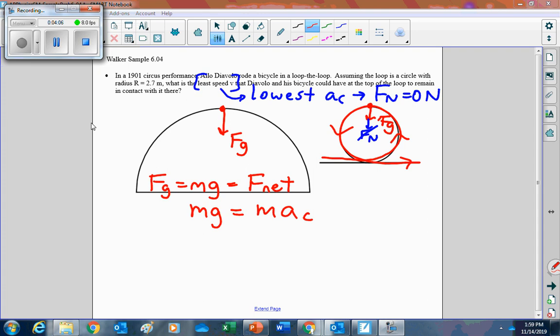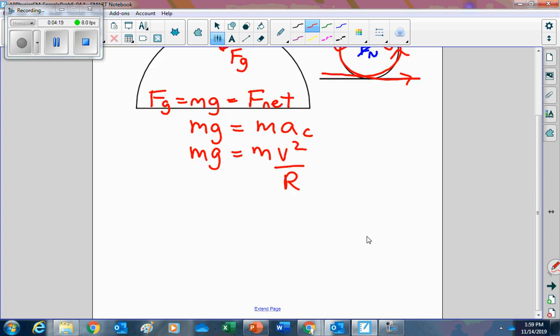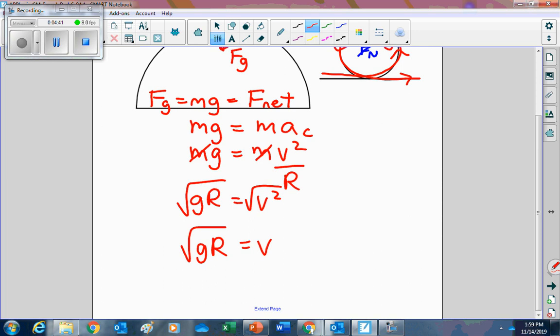And then we're going to substitute here the equation for centripetal acceleration, which is v squared over r. And we have m on both sides here, so we could divide both sides by m. And we are trying to solve for v, so let's multiply both sides by r. There we go, and then take the square root. So then the square root of acceleration due to gravity times radius would give us the speed